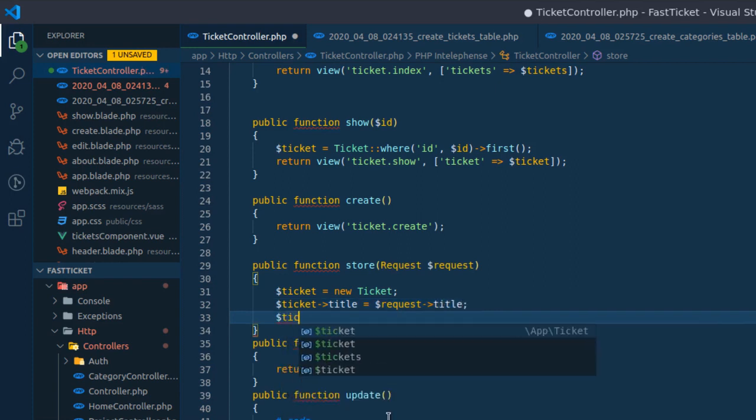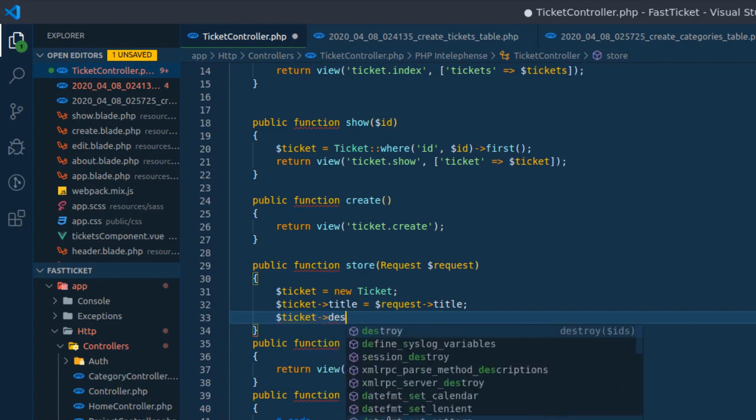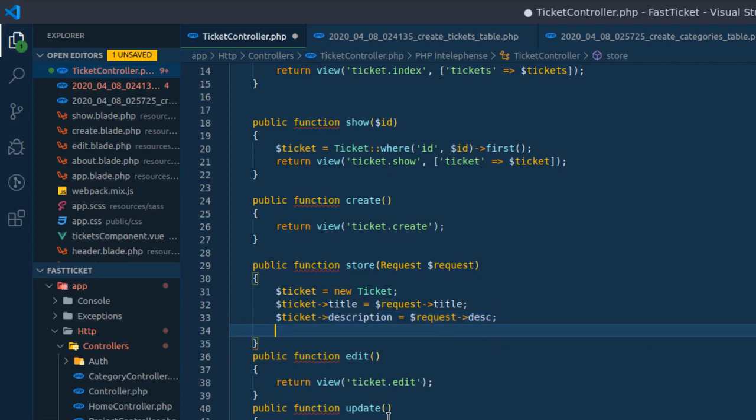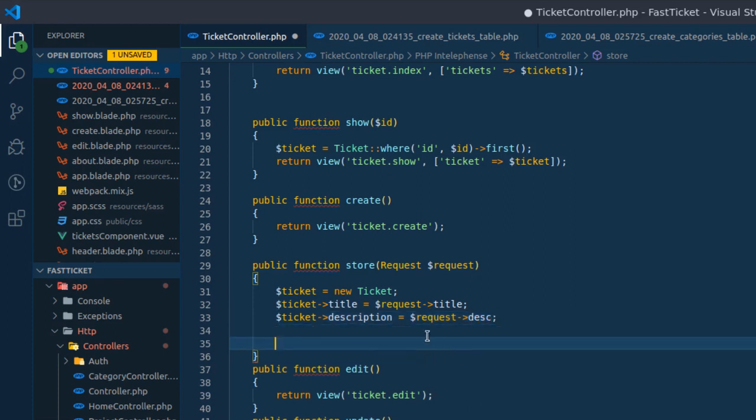I'll do the same for the description. So be careful, in the database we call it description, but in the front end, in the form, we call it disk. So once we created our object, we won't bother with priority and image for now. Once we created the object like this, the object is created and it's instantiated, we save this object. And that will just persist, that will just save this object, this data coming from the user, into the database,